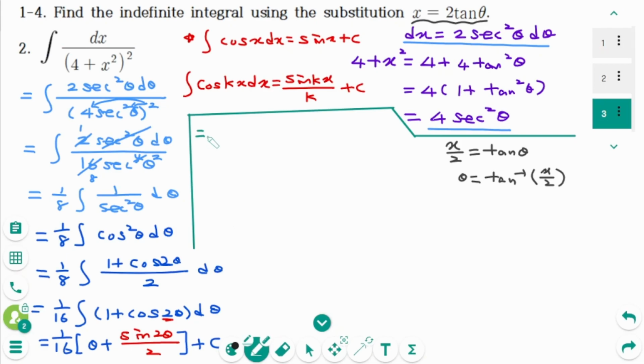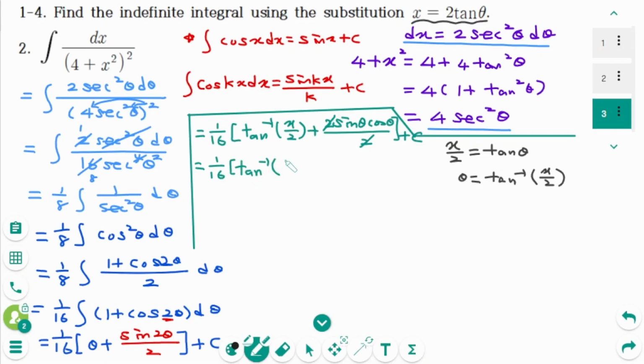Then back to the original, 1 over 16, then theta equals arctangent of x over 2 plus, now use the double angle identity, sine 2 theta means 2 sine theta cosine theta over 2 plus c, 2 is cancelled, then 1 over 16